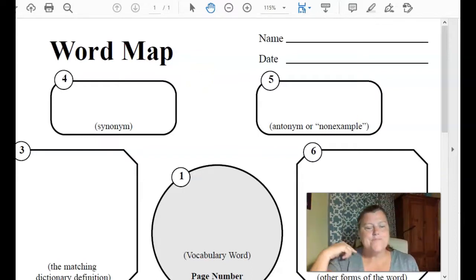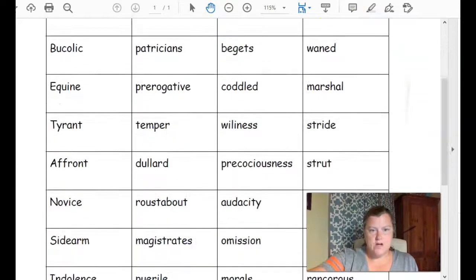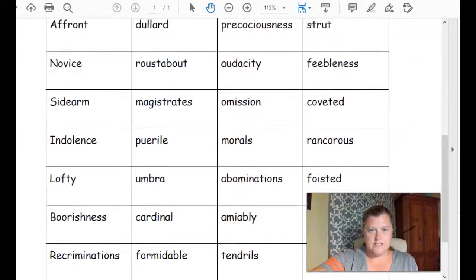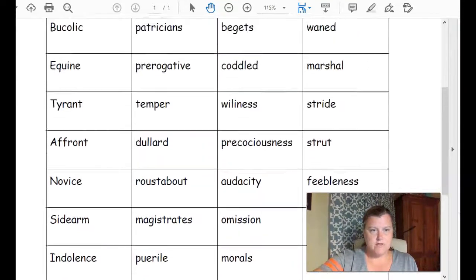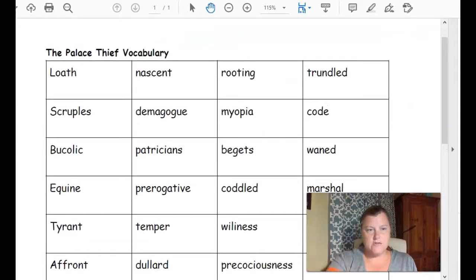Okay, figured it out. So you will have this paper front and back. You're going to choose 2 words from the vocabulary list. And I have that here. That will be available to you in the classroom. These are all words from our reading so far. I hope you recognize some of them. Roustabout, dullard, we've talked about these. I want you to choose 2 that you'd like to learn, not 2 that you already know. And you will be filling out the characterization form.